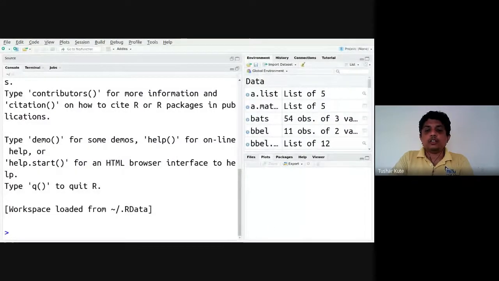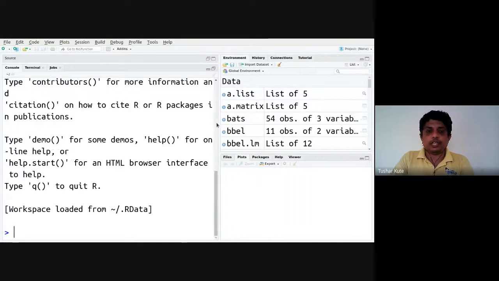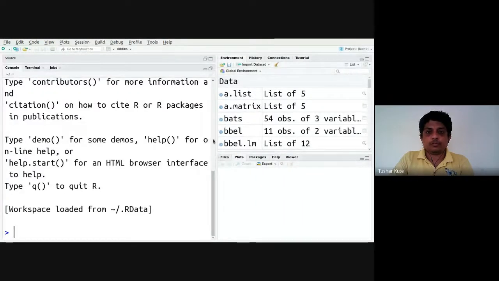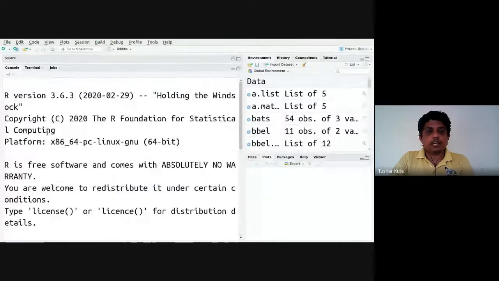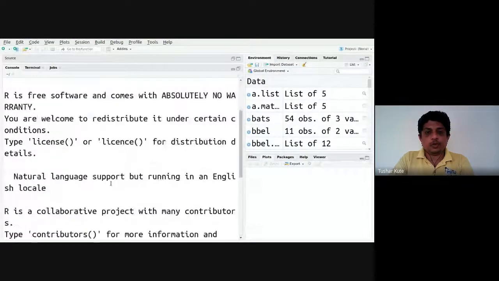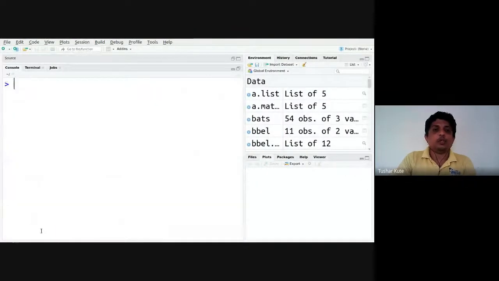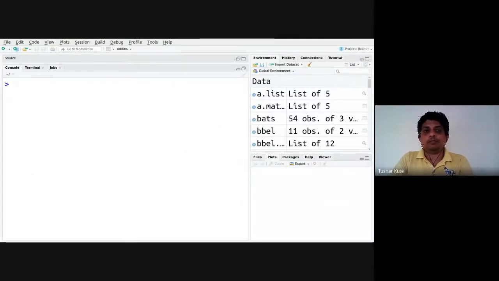This is my current RStudio environment. You can just observe. This is RStudio. Once you install RStudio in your system, it will have a graphical interface like this. The same kind of data is present here when you open basic R. If you press Control L, the screen will be cleared. Control L is a shortcut key that I can use to clear the screen in RStudio.